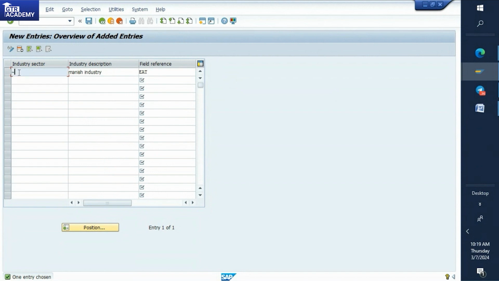See, this industry sector, this symbol we have not used. That's why it took one entry. Manish industry, industry description I have maintained. In the field reference, I have given EAT. But whenever you're going to practice now, while practicing, instead of 0001, change it to your field reference. If all the alphanumeric are used, you are not able to create the new industry sector. This is what will happen in the practice server, but in real time you won't face this issue. Okay,